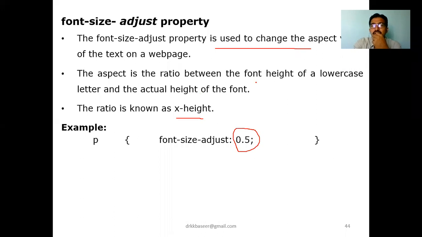Now the ratio of the font height, the lower case and the actual height of the font, both are going to be very small compared with the normal defaults. If you want to adjust the font size in a lower way, you can reduce it. If you do not reduce it, automatically the font size will always be fixed. Okay,